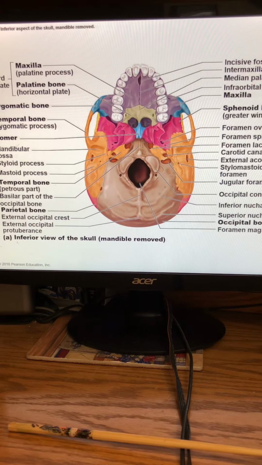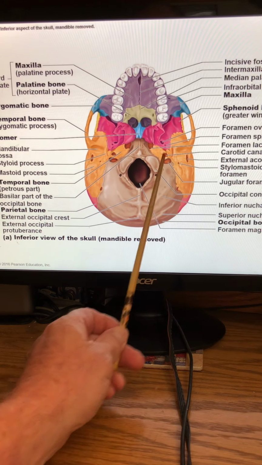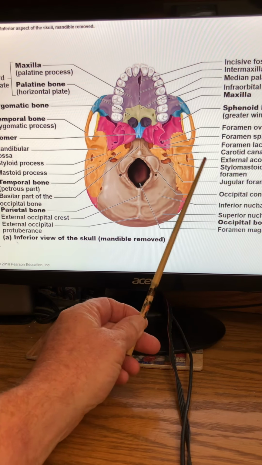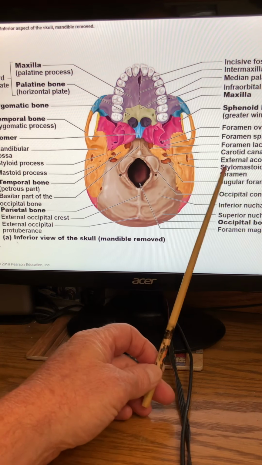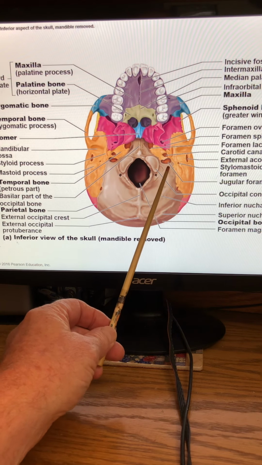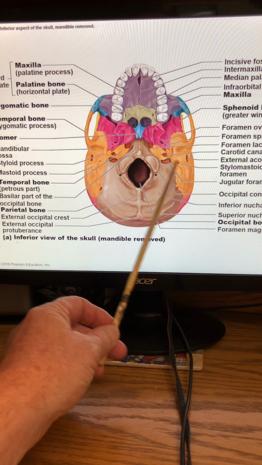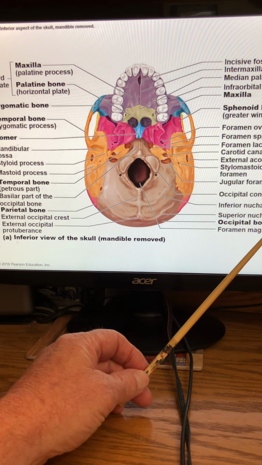You can't see the carotid canal on this particular one-dimensional picture, but if I keep going, I think backwards here, you can see it here. So the carotid canal is here, and so it is going to be from the underside. You couldn't really see that from the inside of the skull, but you can see the jugular foramen. It is a very, very big hole. The other one I want to point out here is also called the